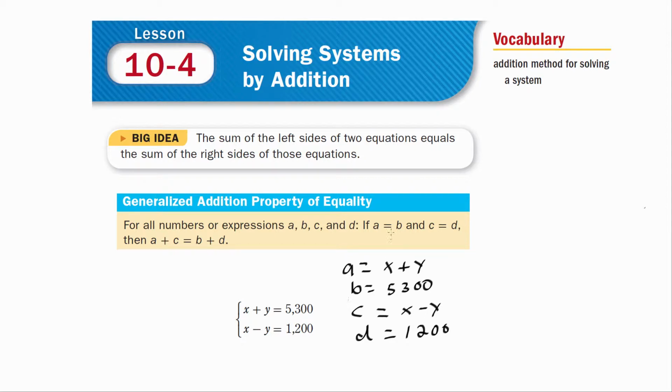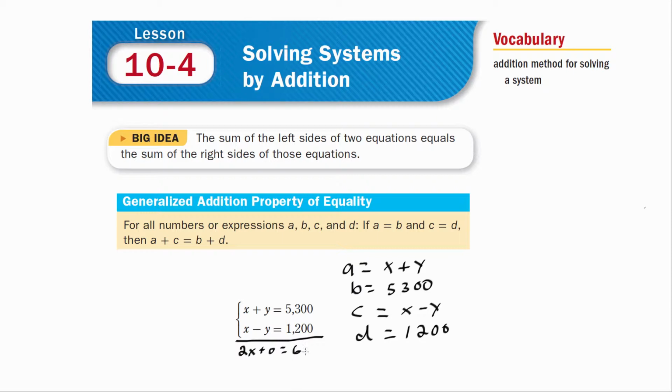Remember that? Now, through transitivity, since c equals d, we can add c to one side of the equation and d to the other. In adding these two equations together, we're satisfying this property. We're going to end up with x plus x is 2x, y minus y is just 0, and then our